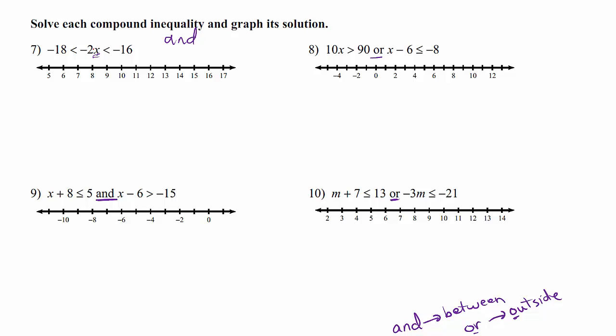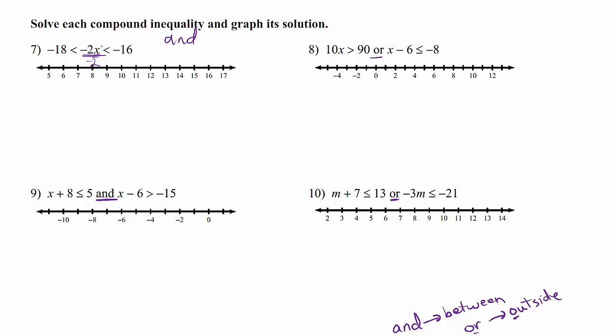And so once we solve, it'll still be in between 2 numbers. And if x is in between these 2 numbers, then it has to be something in the middle, which is the very definition of us shading between those two numbers. So to solve this, we want to look at the middle here and say, how do I get x by itself? Well,